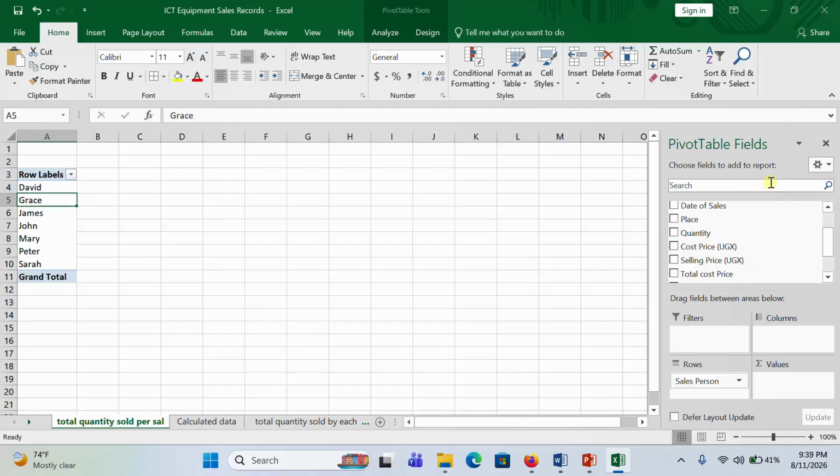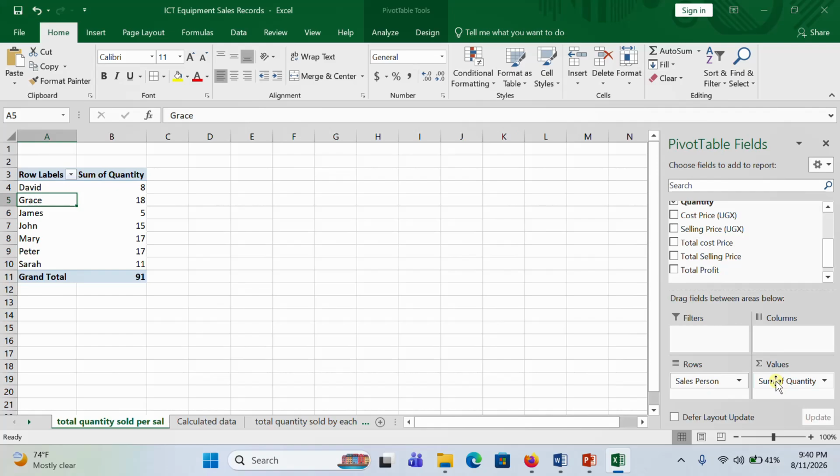Then we shall also come and drag. Remember, we are looking at the total quantity per salesperson. So I will need quantity. And this time I'm going to drag it on the value Y, because it is where the calculation is going to be performed. So here you can see it has given me the sum of the quantity, and here